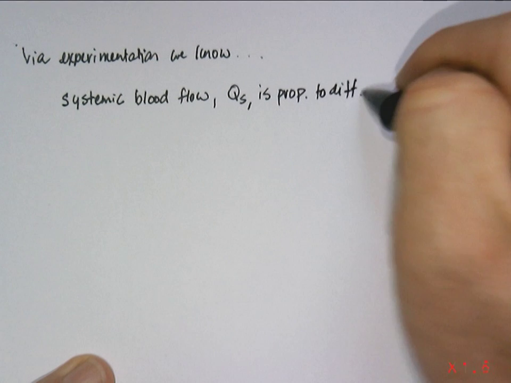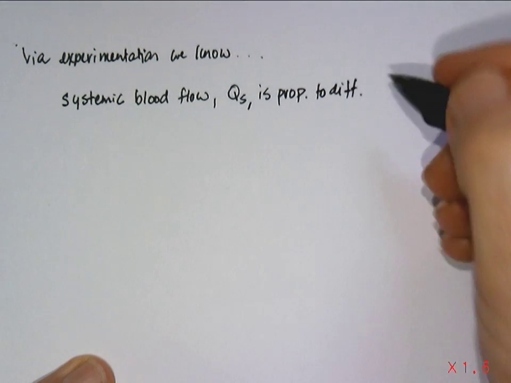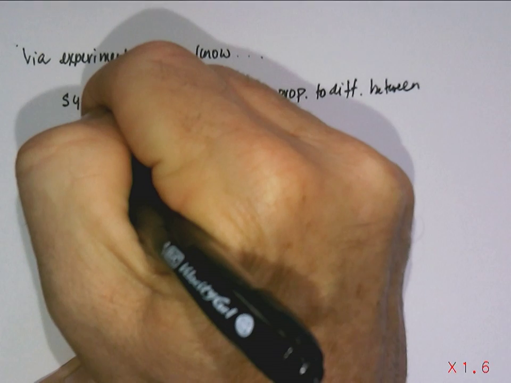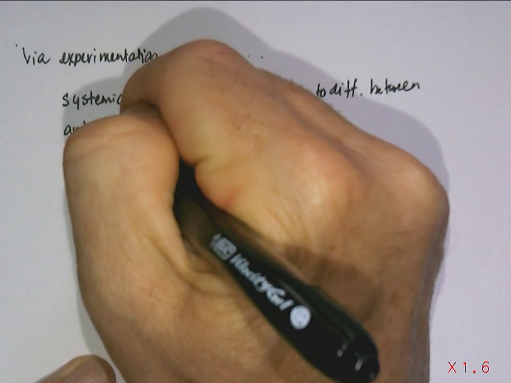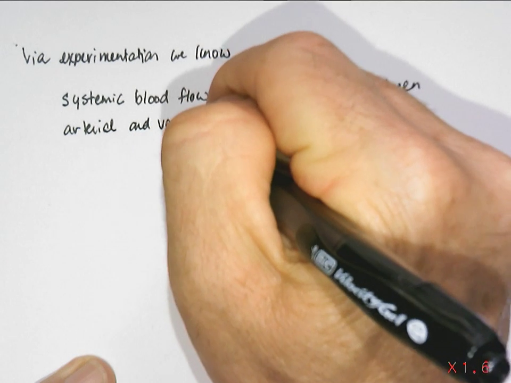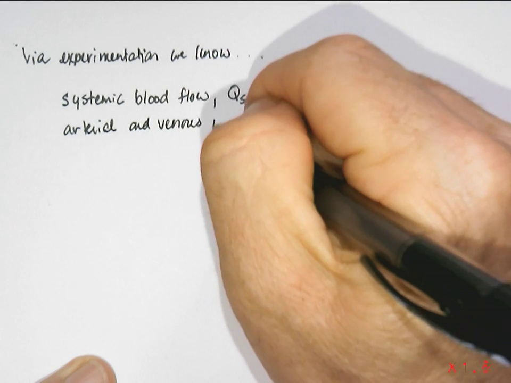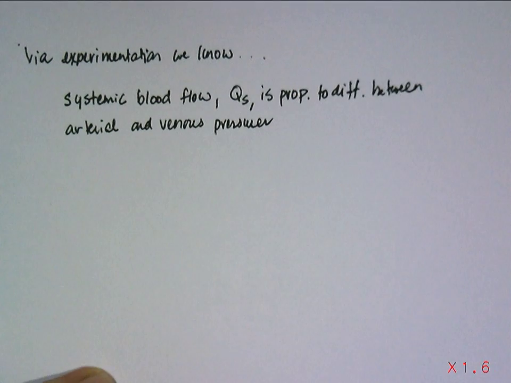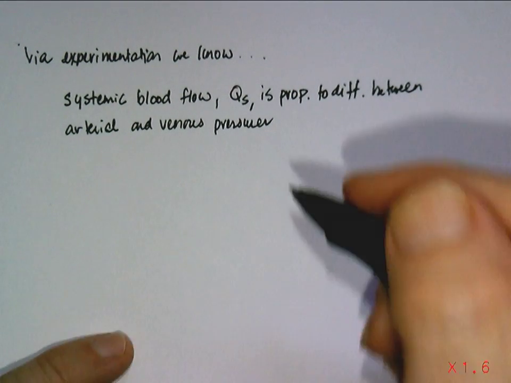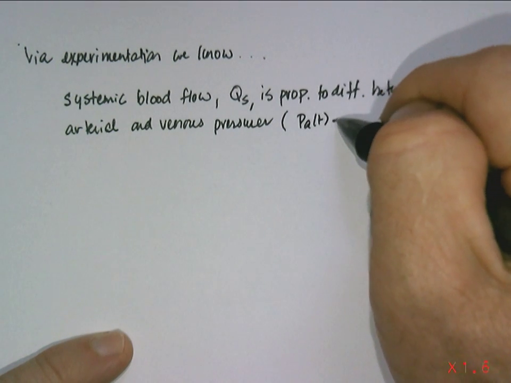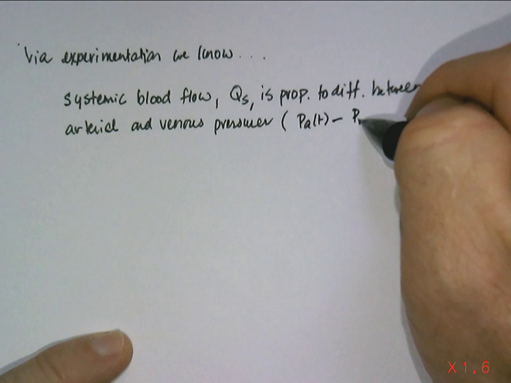I'm going to say to diff. It's proportional to the difference between your arterial and venous pressures. The difference between the pressures in your vessels, whether they're in your arteries versus your veins. All right. So one way of representing that would be our PCA term, subtracting out another term, which we haven't